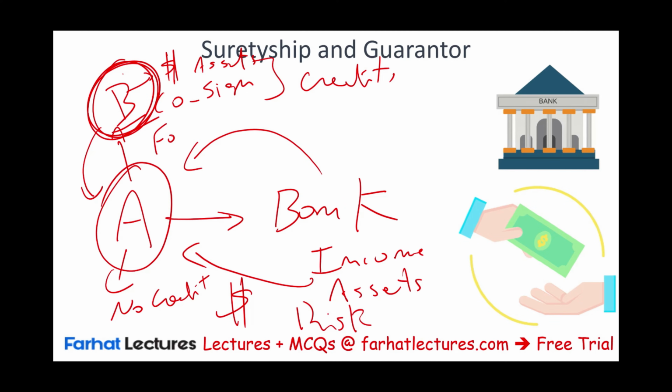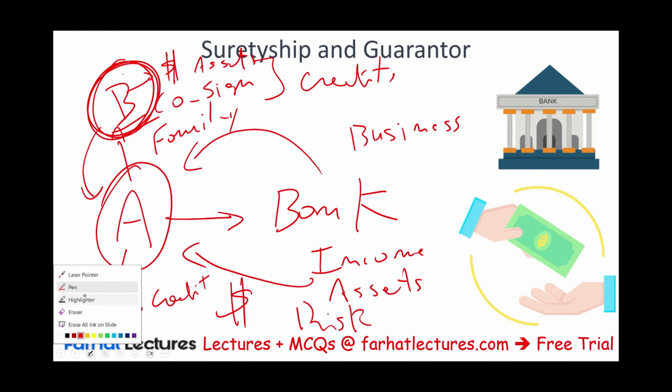Well, it could be a family relationship. Grandpa, grandma. I remember many grandmas used to co-sign the loan for their grandkids. I closed several loans like this. Or maybe one business wants to see the other business succeed because they're part of their supplier network. Or they want to do them a favor, so they can get preferential treatment somehow. They will guarantee the loan. So this is when that happens. Let's go ahead and get started.